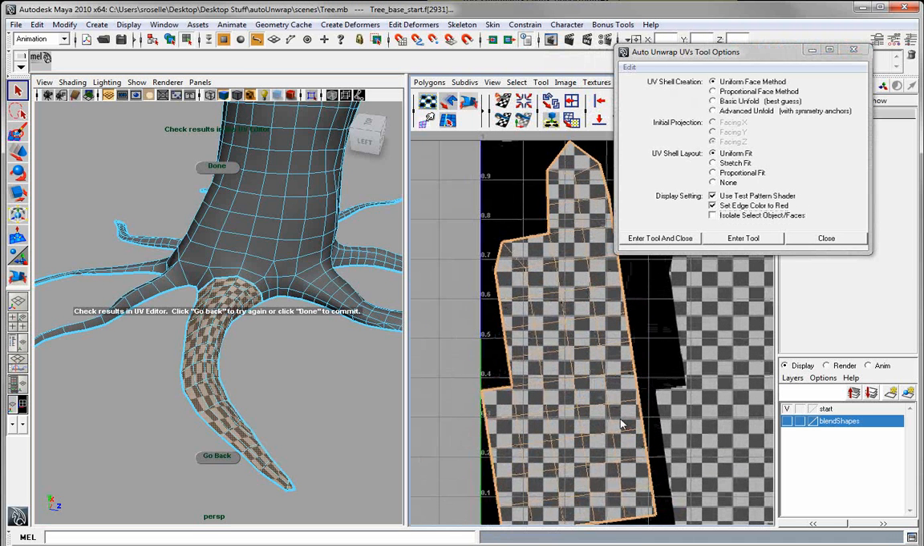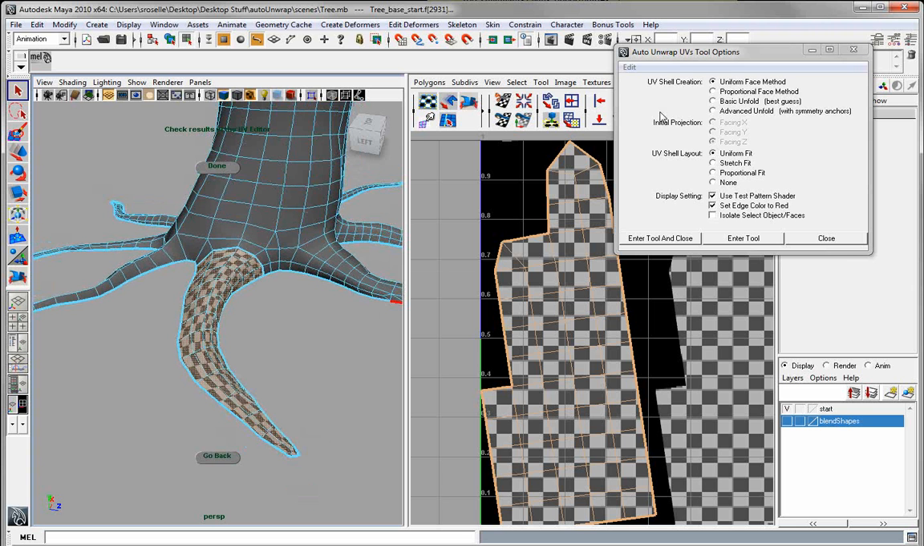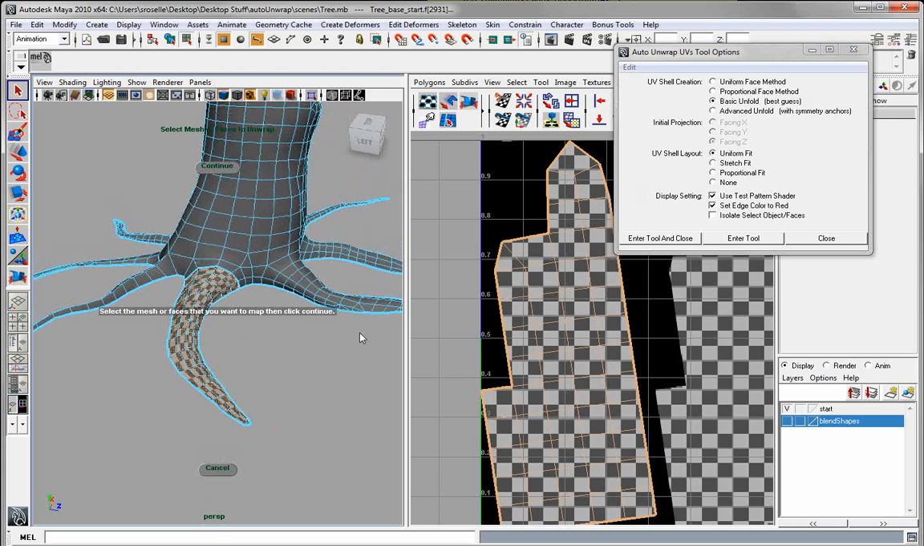So you can see here my faces in 2D are uniform, but because of that my texture is going to stretch because my faces aren't uniform in 3D. So that's where we have these other options, where I have the proportional face method and a basic unfold. This is actually a case where basic unfold will probably give me a pretty good result. So I'm going to switch to basic unfold, which just tries to unfold it using kind of a best guess